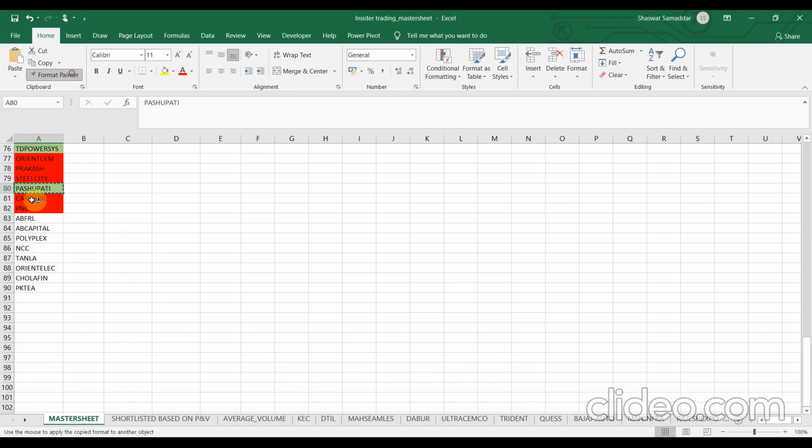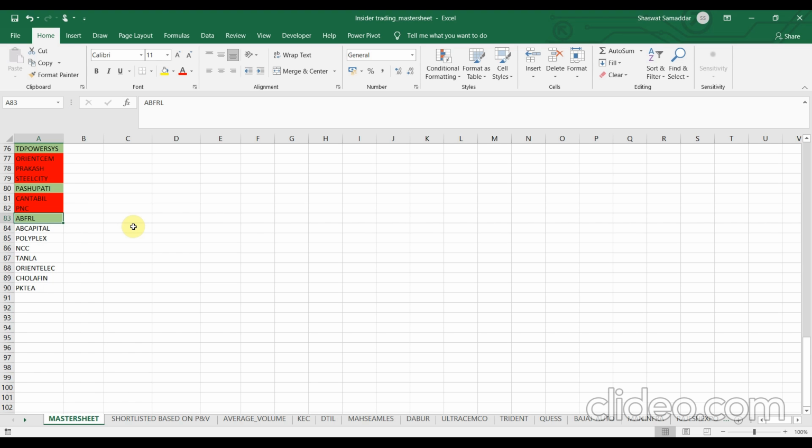Now let me just tell you quickly about what color coding I use. If a particular stock passes all the four criteria, all the four filters, then I mark it as green. If a stock is able to pass all the three primary filters and fails to pass the optional filter, that is earnings per share, then I mark it as yellow.